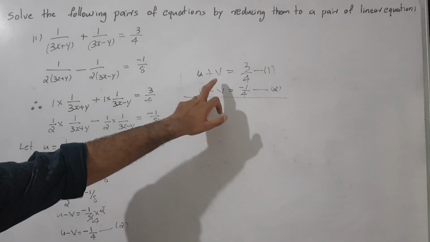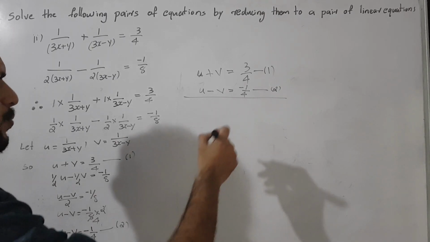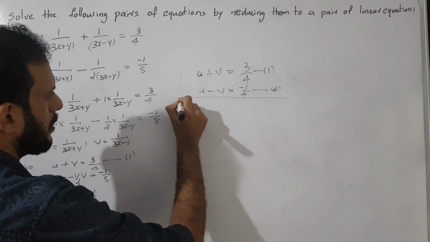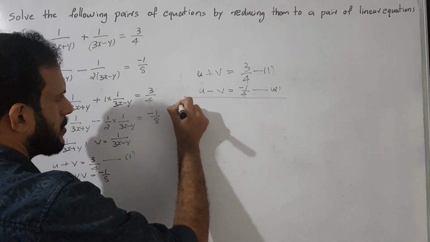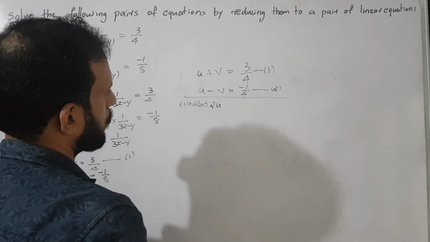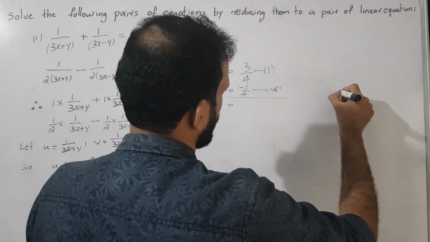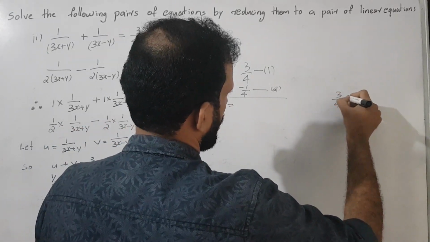So I think it is better to eliminate the variable v because the signs are different, so adding equation 1 and 2, then 1 plus 2 implies 2u is equal to 3 by 4